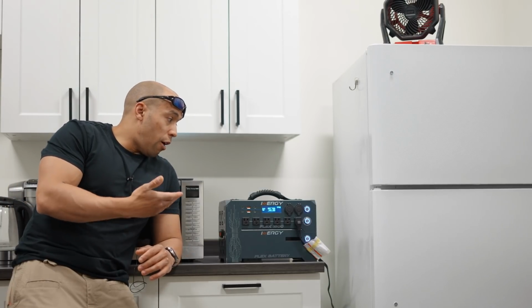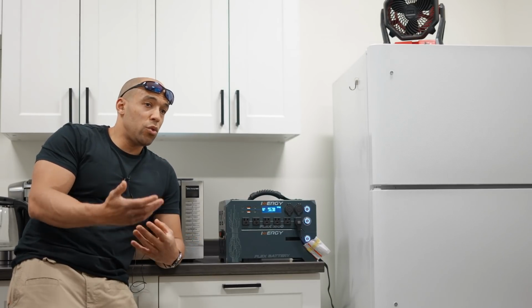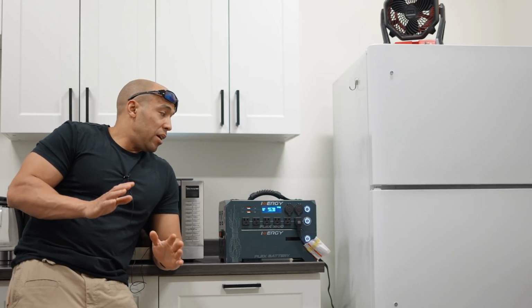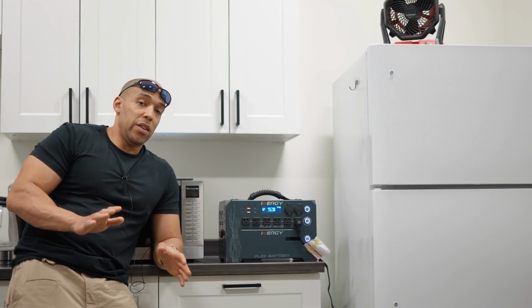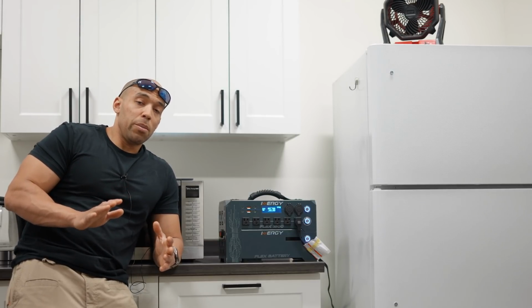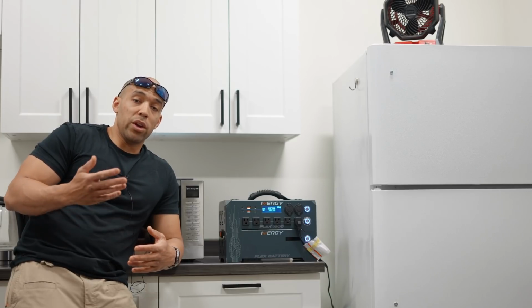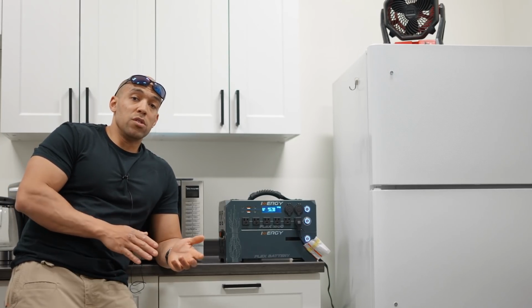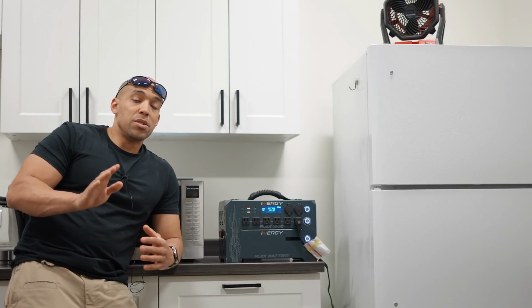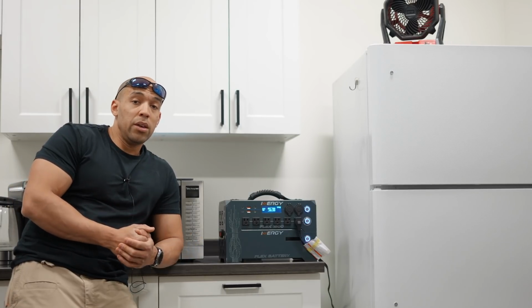And the option for future upgradability and, to the best of our ability, escaping that planned obsolescence model, I think is pretty stellar. That's one of the main selling points with a unit like this: your ability to upgrade it and not having to eat a loss every time you upgrade your system, because you have to dispose of perfectly good working components of that system because they are now either obsolete or they just can't integrate into